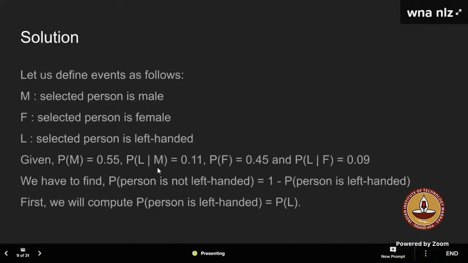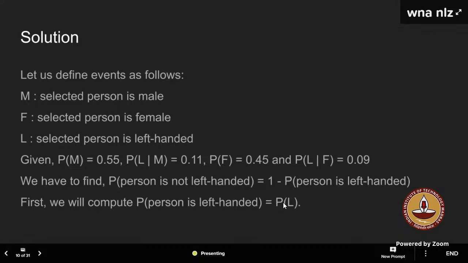Now after that, it's very simple. We are trying to find out the probability of L. If you see what we are mentioning out there, what is the given data to us? 0.55, 0.11 and 0.09. Given that it's a male, it's left-handed, and given that it's a female. Always be careful how you read this notation, then conceptually it becomes very easy for you. Whatever is on the right side of the bar, it is given that it's a male. What is the probability that he's a left-handed person? Given that she is a female, what is the probability that she is left-handed? If you read it this way, it becomes much easier for you to interpret what you are actually doing.